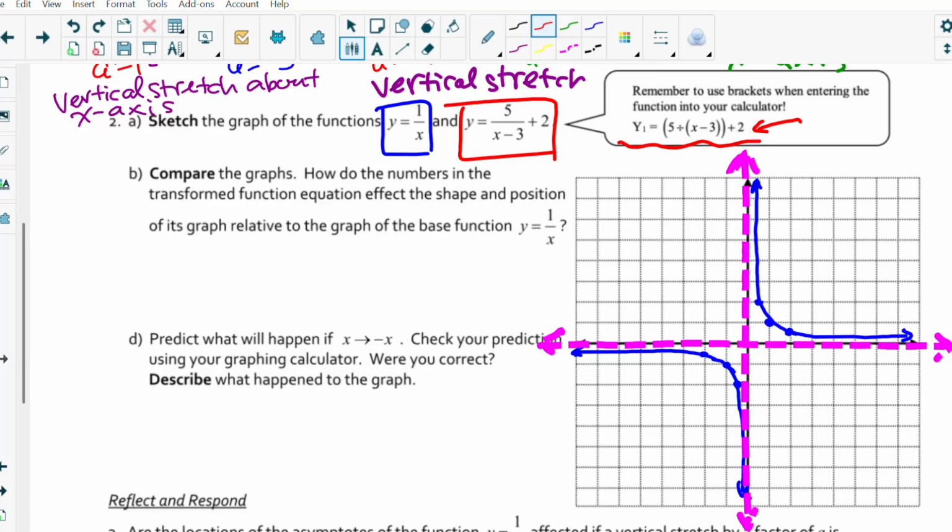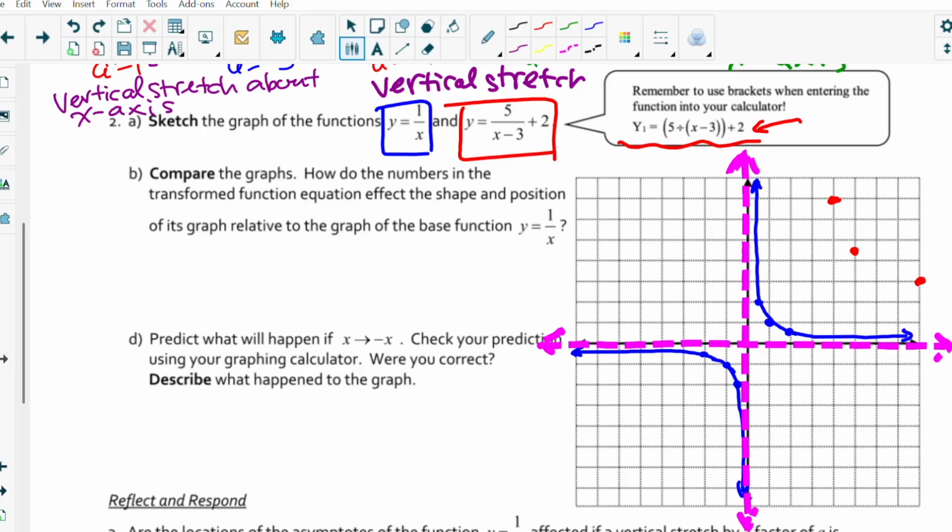So I have 1, 2, 3, 4, 5. 1, 2, 3, 4, 5. 1, 2, 3, 4.5. 5, 4.5. 1, 2, 3, 4, 5. 1, 2, 3, 4.5. Okay, and then right about there, and then okay, right about there, and then the asymptote for this guy, I'll do it in